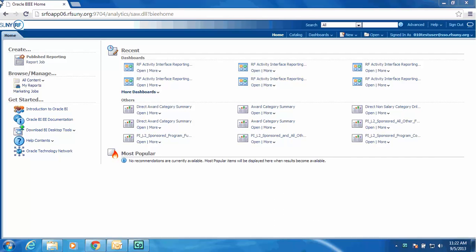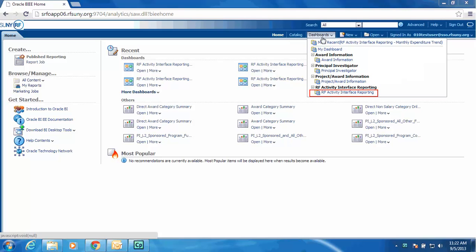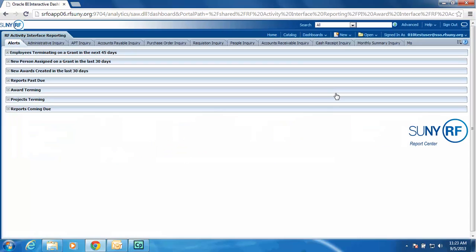I am now going to take you through the RF Activity Interface Reporting Dashboard, which is the replacement of the PI Award interface. From my sign-in screen, I'm going to select the dashboard drop-down list of values, and I will select RF Activity Interface Reporting. It is all tab-based, and you will see the functions that you are familiar with today: Administrative Inquiry, APT Inquiry, Accounts Payable Inquiry, Purchase Order Inquiry, Requisition Inquiry, People Inquiry, Accounts Receivable, Cash, and your monthly